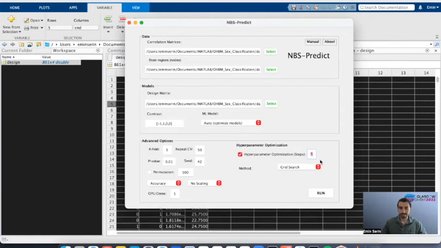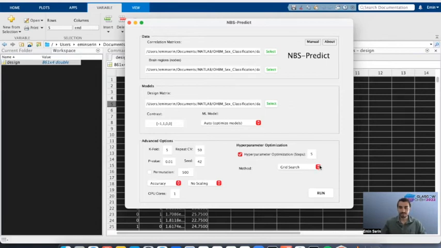But the drawback is that it could take a lot of time and will definitely require more computational resources. So I suggest you consider your computational resources before setting this steps parameter.